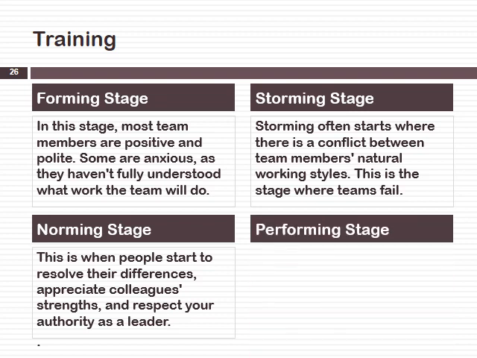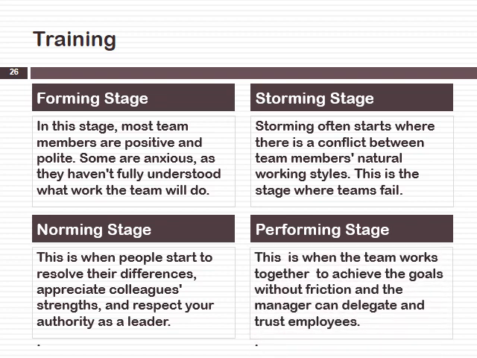And the final stage is performing. This is the stage in which, okay, you've gone through the norming stage, you've worked out your differences, perhaps some people may have left the team, but now it's time to perform. It's time to get the job done. And this is when the team works together to achieve the goals without friction, and the manager can delegate and